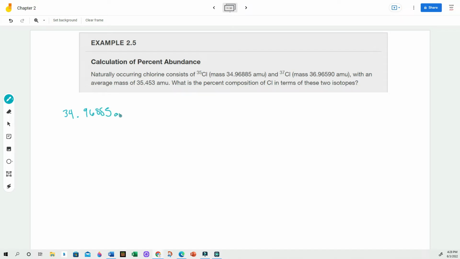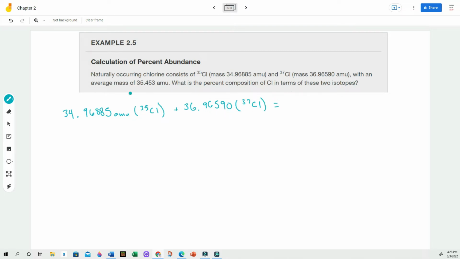34.96885 AMU. Sorry, that 8 did not quite connect. And this is going to be my abundance of chlorine 35. So I'm just going to write that as chlorine 35. Remember, we would take the percentage and turn it into a decimal. I would take this term, I would add it to my chlorine 37. Again, I'm given the mass for that. That is 36.96590. And again, I would take the percent abundance of chlorine 37 multiplied by the mass, and this would give